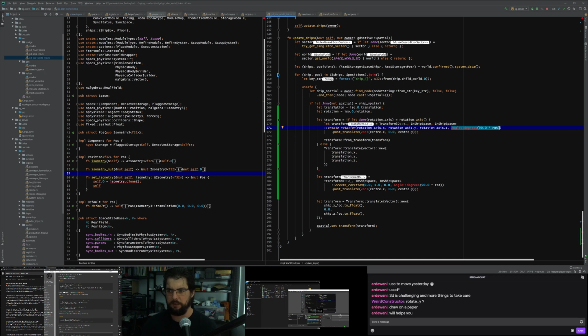The angle is going to be rotation dot, and over here it tells me it's called axis angle. Oh, axis angle, it's very handy. So if I go here, axis angle, then I can get not just the rotation axis, but also the angle that it's rotating around. Okay, and then here I just need to write angle.